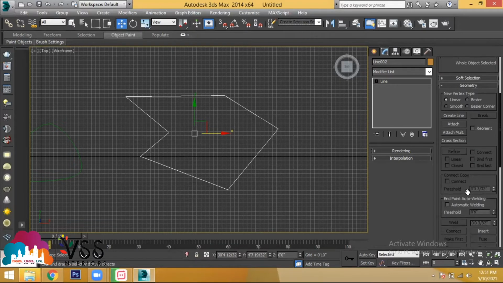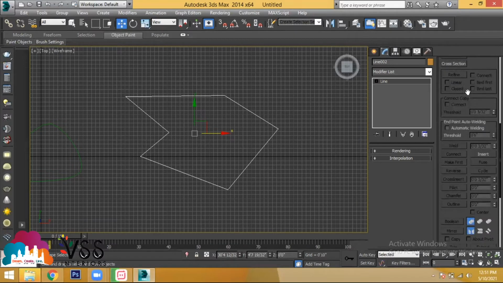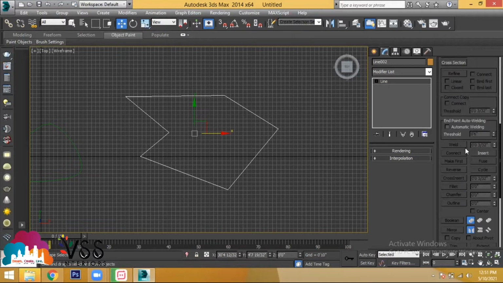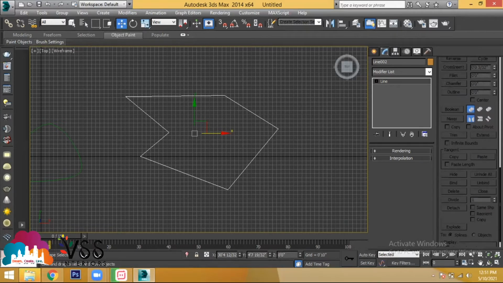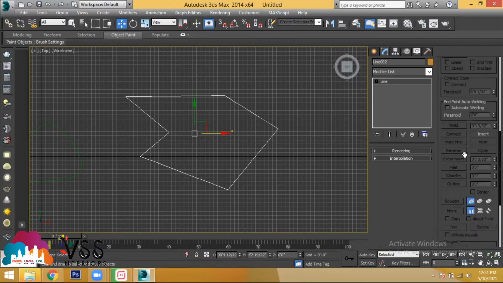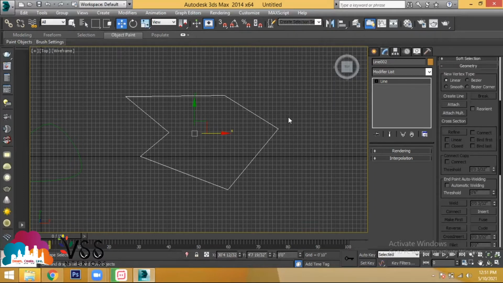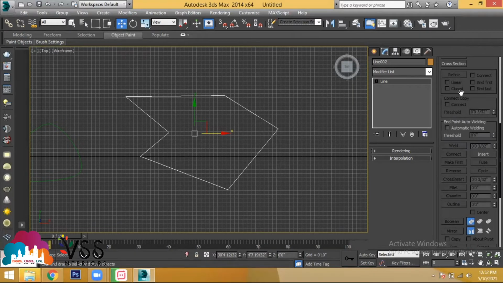See, do you find the option to provide dimension for the line here? You have create line, attach element, cross section, threshold. This is not dimension. Well, this dimension is about providing how much welding you need, how much fillet you need, how much outline you need. So do you have any dimension to provide in the box over here? Can you see the option to provide dimensions for the object? No. It means you can't provide dimensions for the line. You can't provide the dimensions for the object called as line, but you find multiple options here. So when these multiple options get activated, that is what we need.